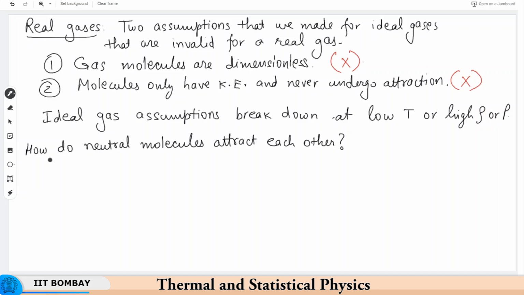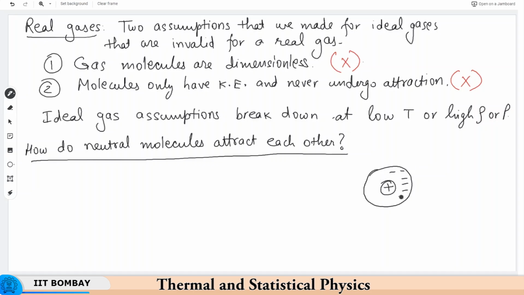Right. So that's what we have been saying repeatedly. Okay, so let us try to visualize. Say we have a molecule, and let's say it's just an atom, a single atom like hydrogen. It has a positive charge in the center, which can be its nucleus, and there is an electron cloud